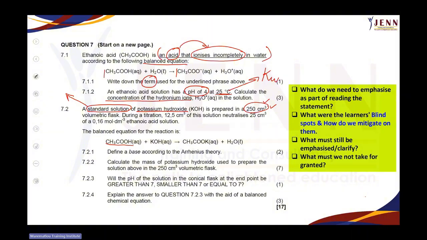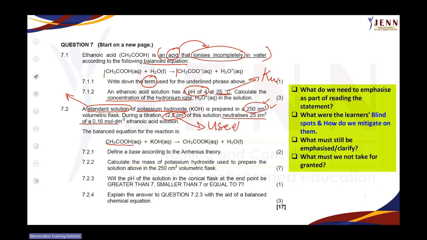They only used, this is what was used, 12.5 centimeter cubed of this solution to neutralize 25 centimeter cubed of a 0.16 mole per decimeter cubed